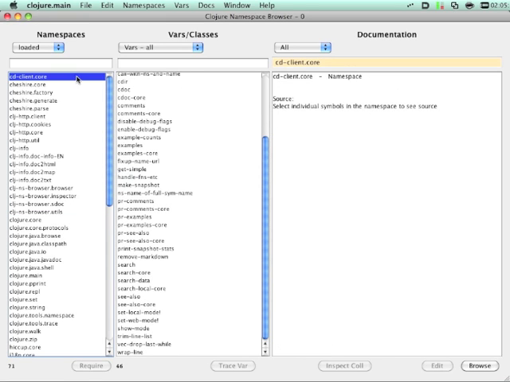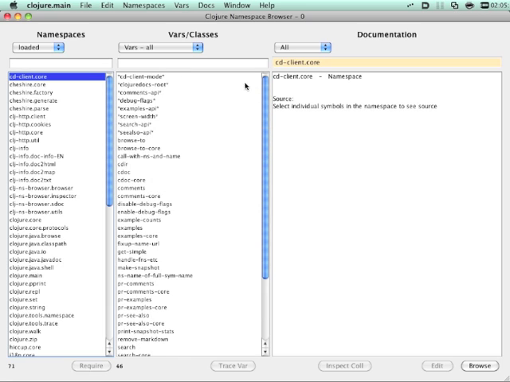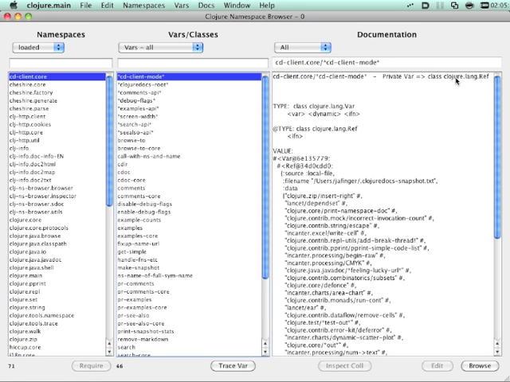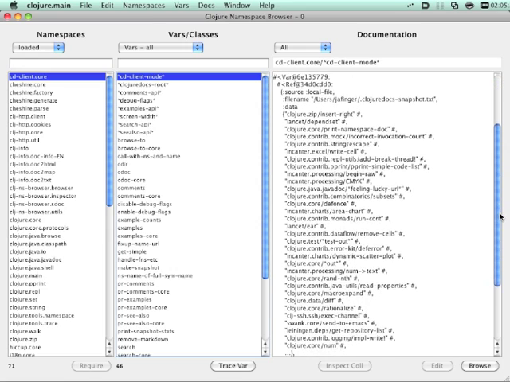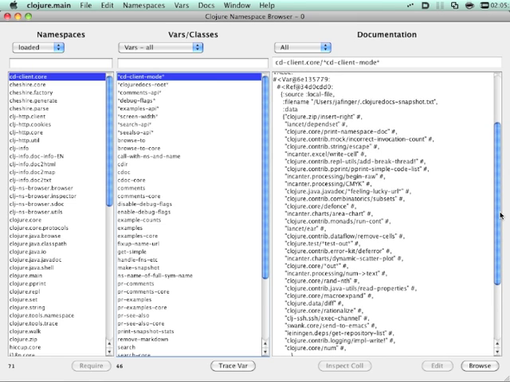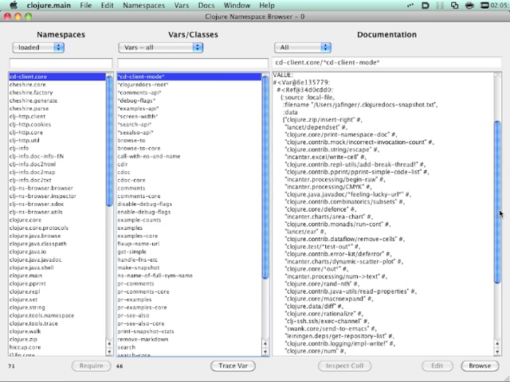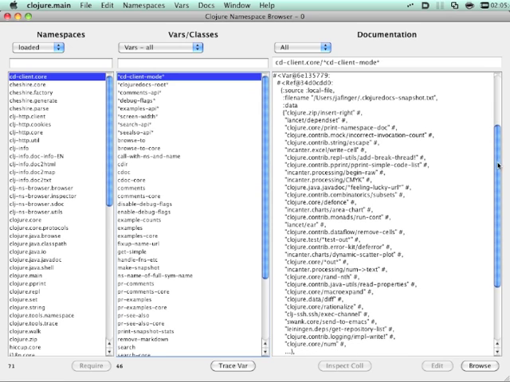If we look in clojure.core, up at this. Now this has a type of ref, so that's one of Clojure's concurrent types where you can do synchronized updating of multiple refs inside transactions. So it's a var, points at a ref, and inside the ref its value is a large Clojure map, and